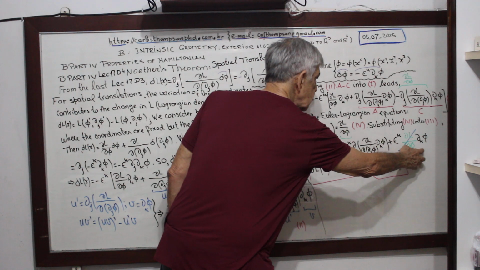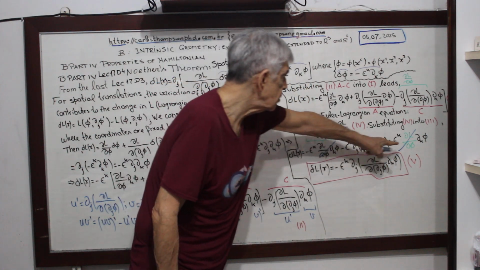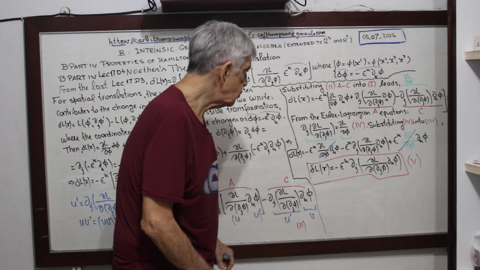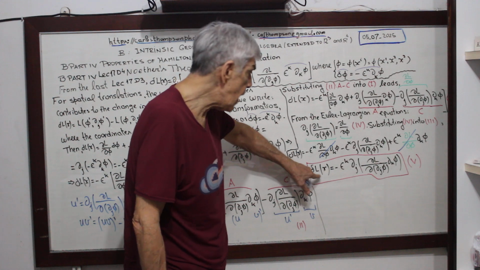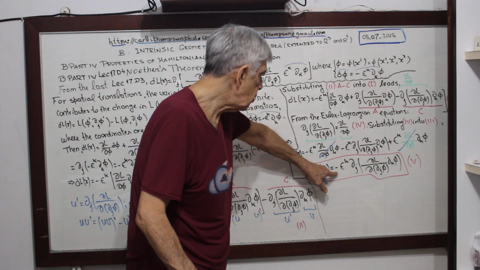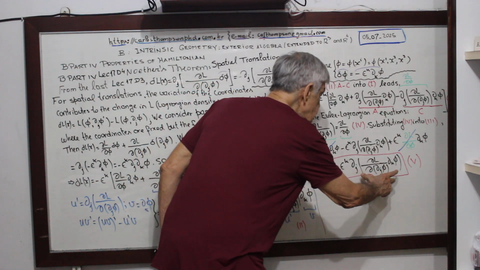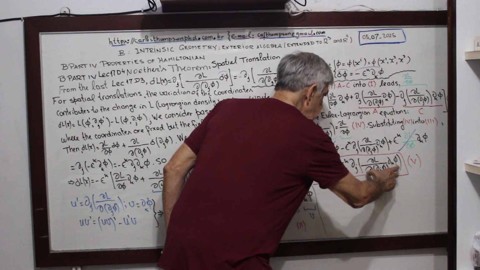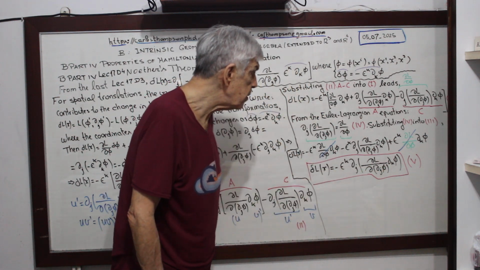Now this will cancel with that. So the result is the variation of L at point x, not point x prime, is equal to minus epsilon k times the divergence of this quantity over here. So that's a very important